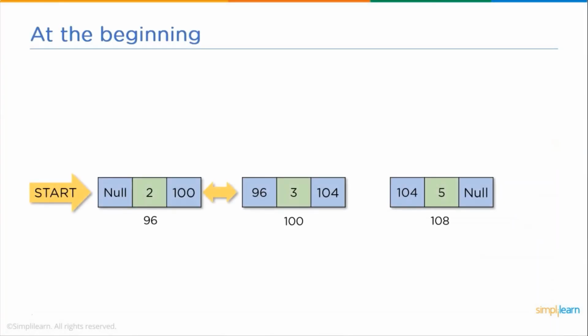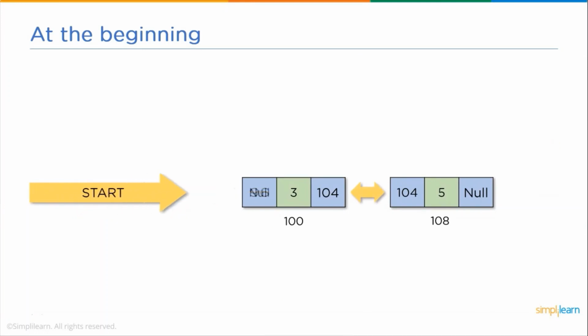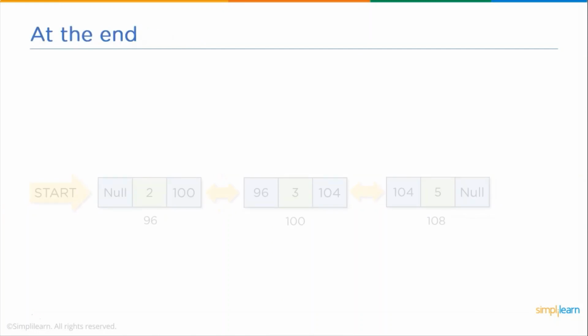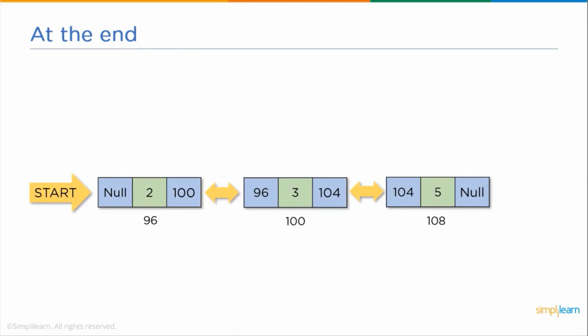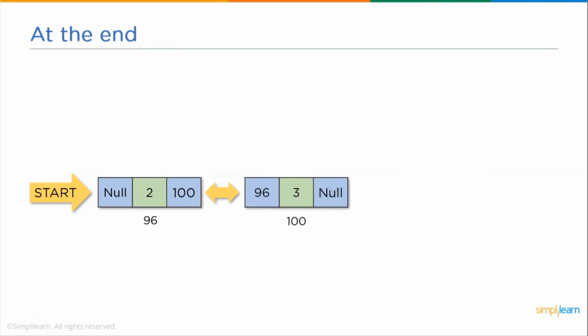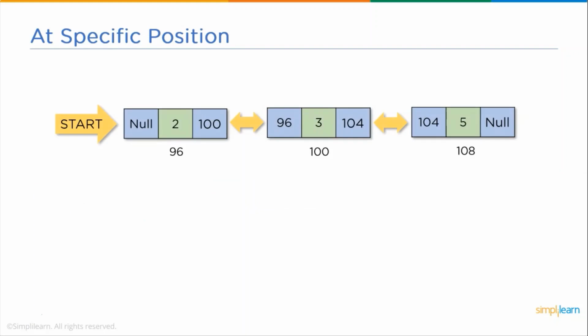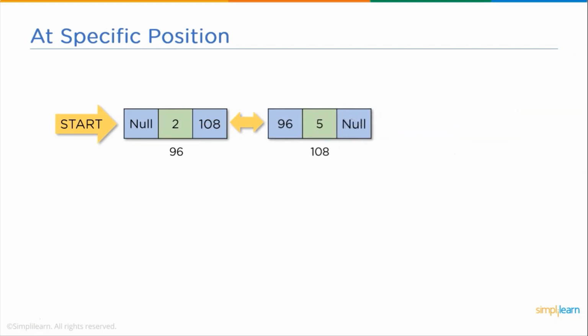Next up, deletion. First up, deletion at the beginning. We have to change the first node's next to null and second node's previous to null. Next up, deletion at the end. We have to change the second last node's next pointer to null and delete the previous node to free up the space. Next up, deletion at a specific position. We will change the previous node's next pointer to the next node and next node's previous pointer to the previous node. Now, let's try these